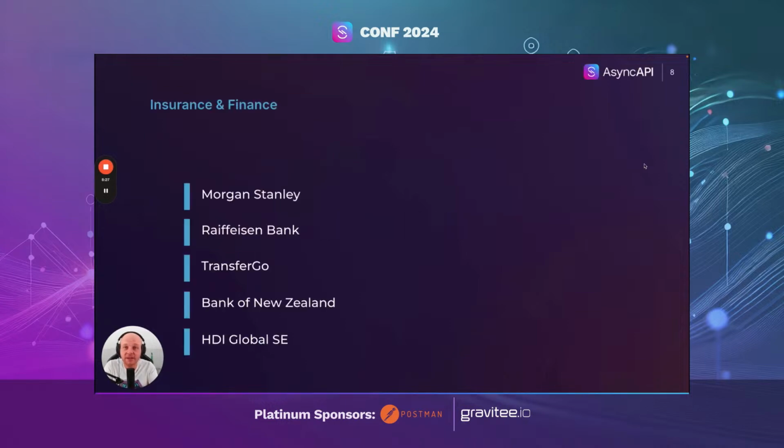So first, insurance and finance space. Basically any financial institution that wants to do digital banking services needs to rely on event-driven architectures, as at the moment it's the only way for scaling digital solutions, basically infinitely. And in this list, you'll see all the different possible players in digital banking. You have financial institutions, traditional banks, fintech startups, and insurance companies.